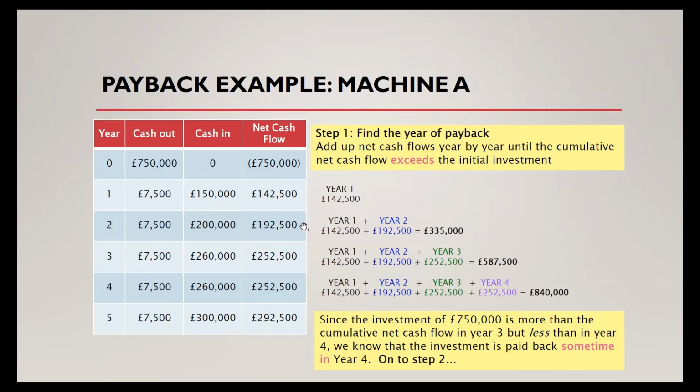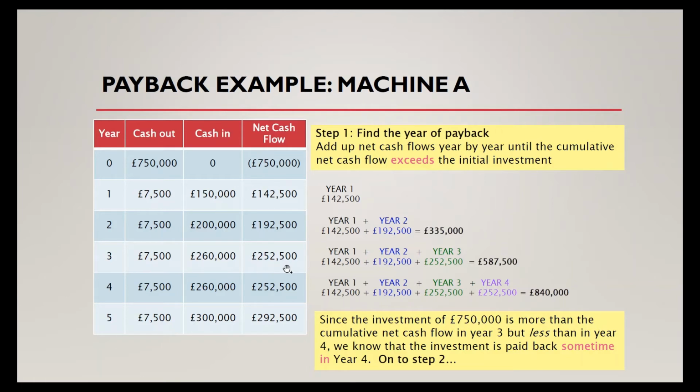In year 1, 142.5 thousand is apparently smaller than 750,000, and in year 2, we add up 142.5 thousand plus the 192.5 thousand. It will be equal to 335,000, still smaller than 750,000 pounds. In this case, we need to have a look at the year 3 net cash flow. The year 3 net cash flow can be obtained by the 260,000 cash inflow minus the 7,500 cash outflow, and the total will be